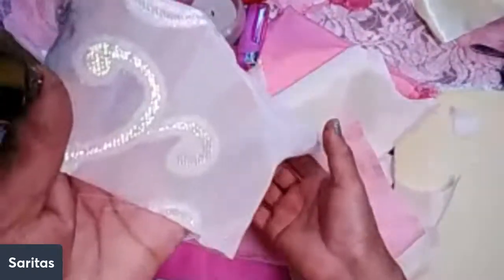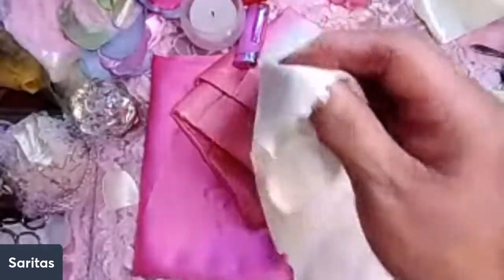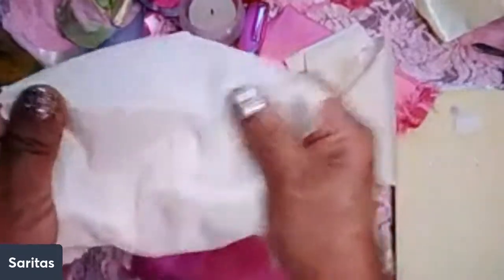So I can use organza, and this is white. Some of you bought some of my fabrics, and this is like a sheer, and it has the glitter tinsel type threads in there, but you can still use that. This is a lining, a sleeve from a dress, so you can use that. This is just, I don't know what kind of fabric it is. It's very slippery, noisy too,